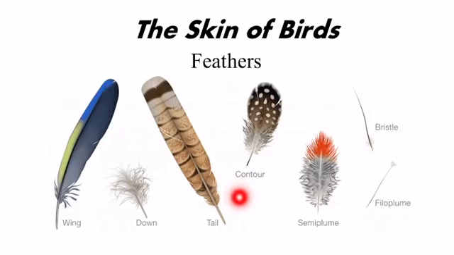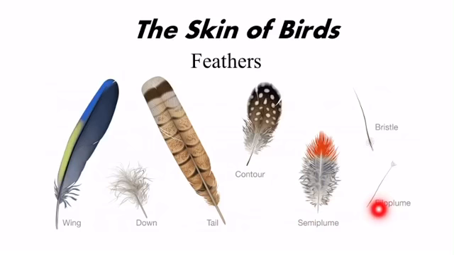Contour feathers. Contour feathers are what you see covering the bird's body and streamlining its shape. Down feathers. Down feathers are relatively short and positioned closest to the body where they trap body heat. Down feathers provide insulation for adult and immature birds. Semi-plume. Semi-plumes are mostly hidden beneath other feathers on the body and create a fluffy insulating structure.